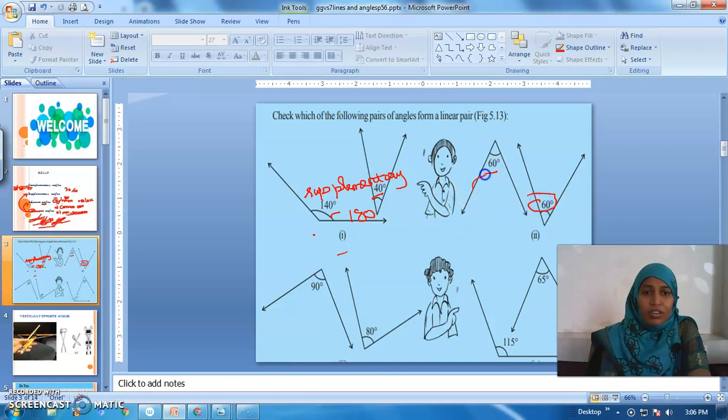Here they don't satisfy both the conditions. See here, 60 plus 60 is 120. They are not even supplementary, and they are also not adjacent. But they may look like they are lying closer, so they seem adjacent. Don't take the literal meaning of the word adjacent. Here in maths, adjacent angles means it should satisfy three conditions: a common vertex, a common arm, and the two non-common arms should lie on either side. See here, this is the common arm I am talking about. If I have this one angle, this is one big angle, then I have another angle.